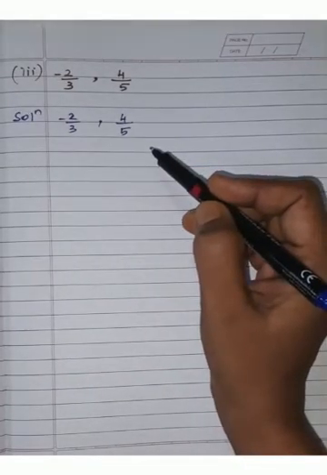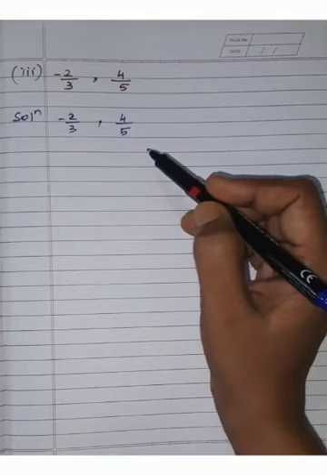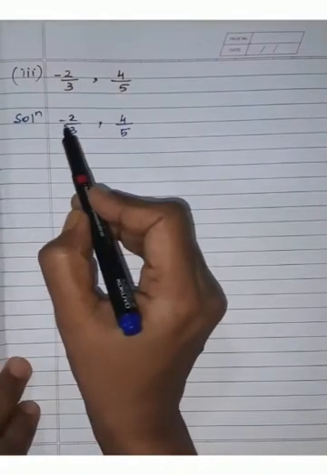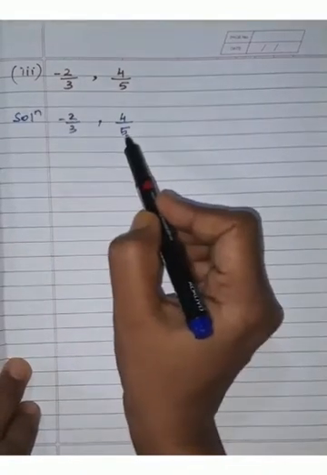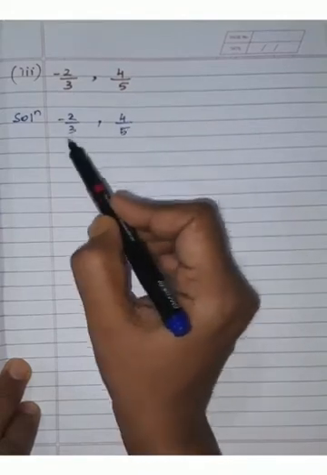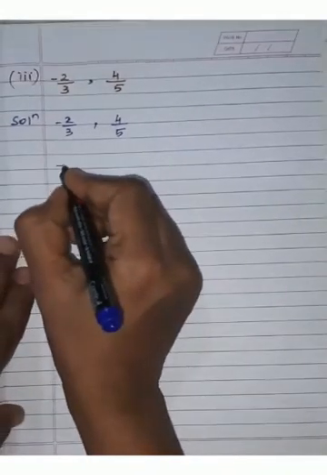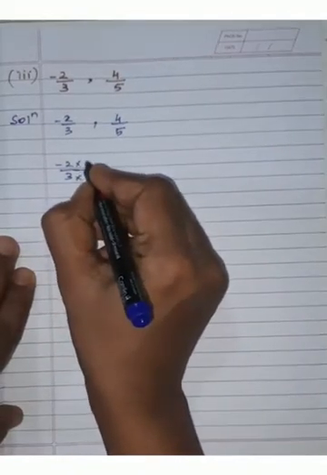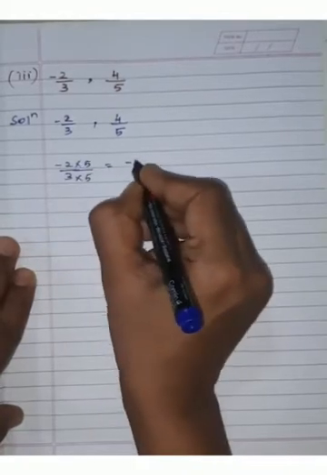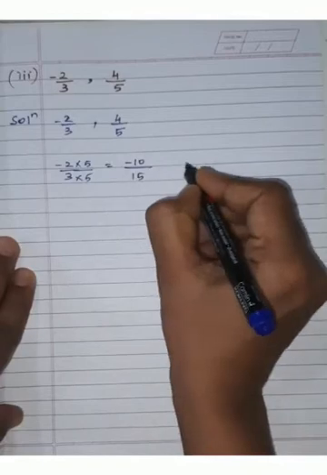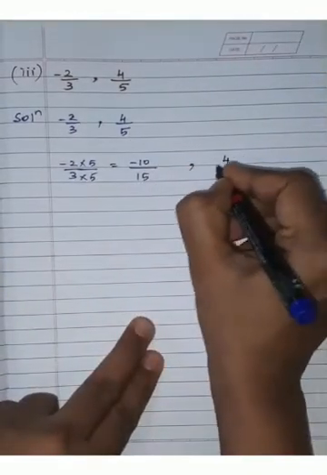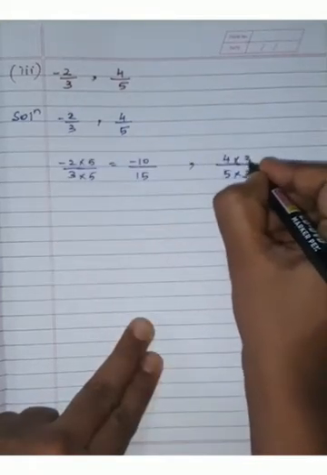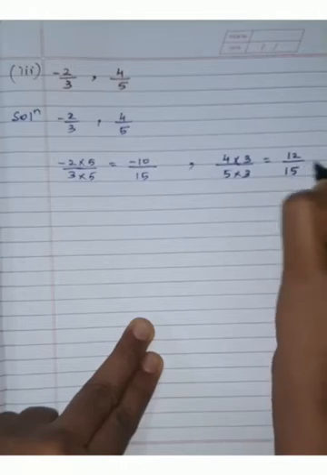equivalent fractions. Equivalent fraction means fractions with equal denominators. So we will start the solution by writing the question as it is. Then I will multiply this minus 2 upon 3 with 5, and this 4 upon 5 with 3. Let us see what we get. Minus 2 upon 3 multiplied with 5: minus 2 into 5 is minus 10, upon 3 fives are 15. Okay, so this is over. Now let us come to 4 upon 5. I have to multiply it with 3, here also 3, here also 3. So I get 12 upon 15, children.